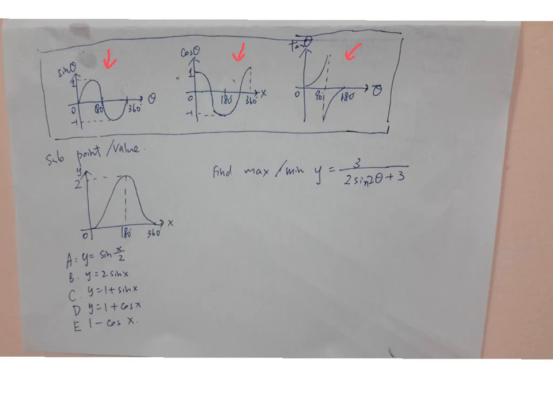So you can see that this point is 0, 0, which means that when x equals 0, y equals 0. And then if you observe this point, when x equals 180, y equals 2. And then at this point, x equals 360, and y equals 0. So they gave you three points, and you substitute them into the four choices A to E and see which one is right. You substitute 0 and find the first equation is correct, but when you substitute the second point, x equals 180, you find it doesn't work, because on the right hand side,